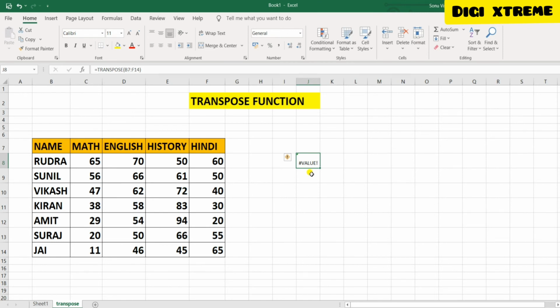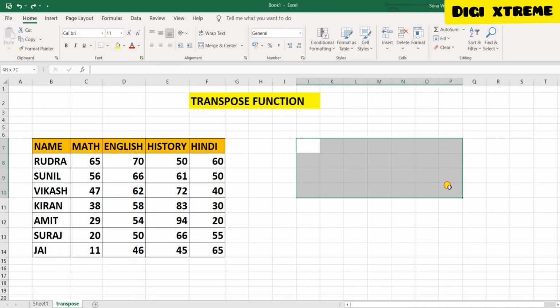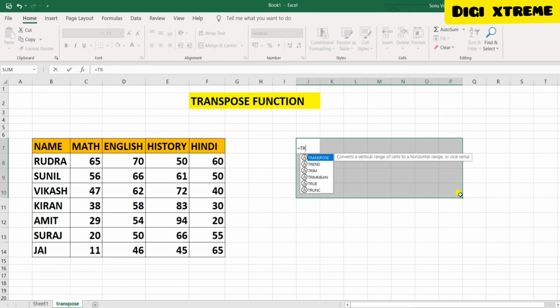So what we need to do to perform this correctly, first we need to perform transpose. First we need to select multiple cells, then equal to sign. Now transpose, you can double click or press tab. Now it is asking for array, so let me give the array complete sheet.